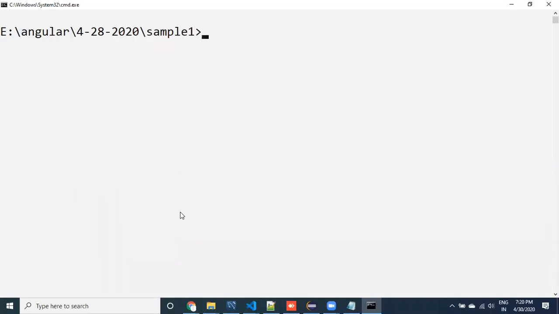Now, once after stopping it, I would like to create a component. See here, guys, ng generate. What do I want to generate? Component. For the component name, I want to use sample1. If I press enter, see here, it is going to generate 4 files. What are the 4 files?